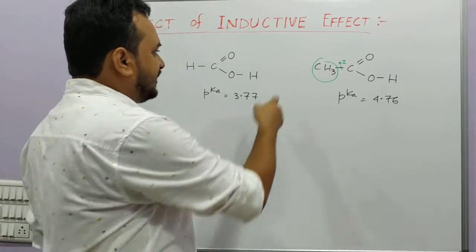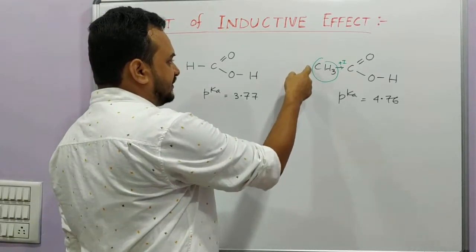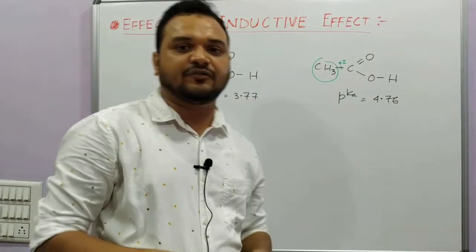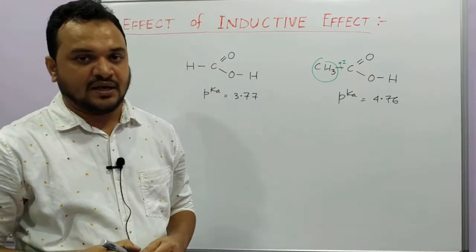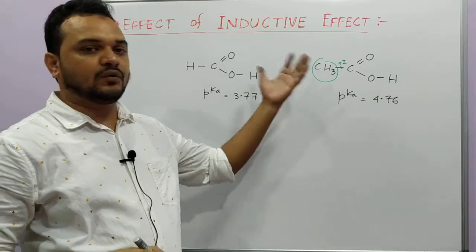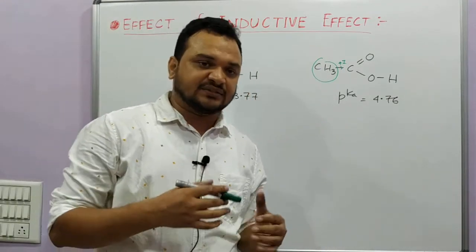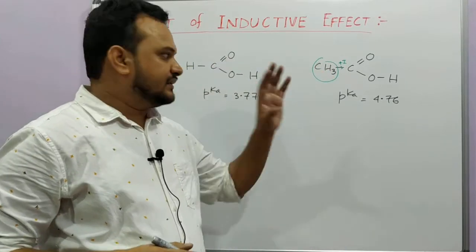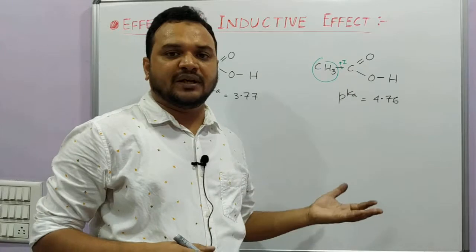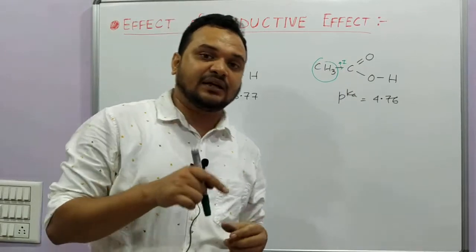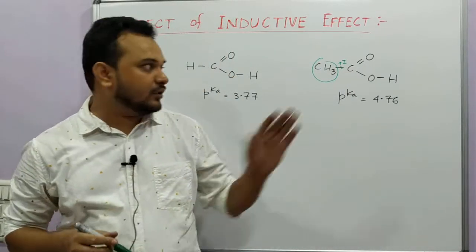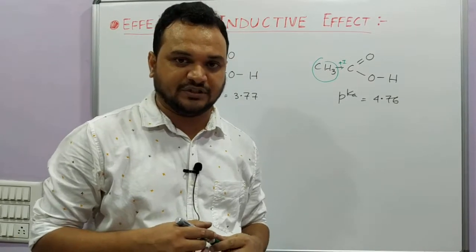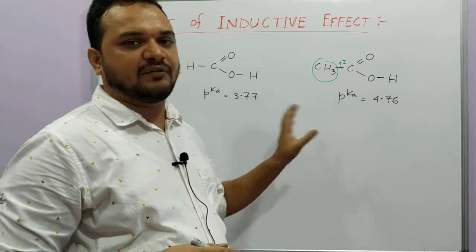One more thing, if we continuously increase alkyl groups on the left hand side of this, then what happens, some steric effect also comes into operation, and that steric effect also regulates the acidic strength. So as a result, if you are continuously increasing alkyl groups on the left hand side, there will not be much prominent change in the pKa value, and there will be irregularity also, because after this not only the inductive effect but steric effect also comes into the picture, and from the experimental pKa value the picture will be clear.